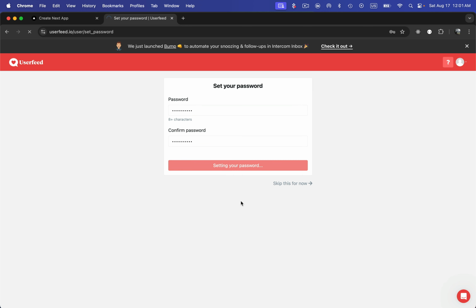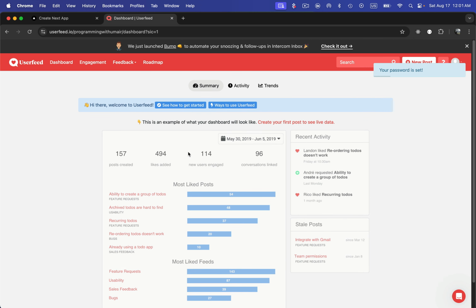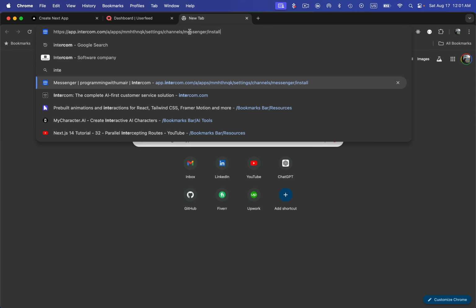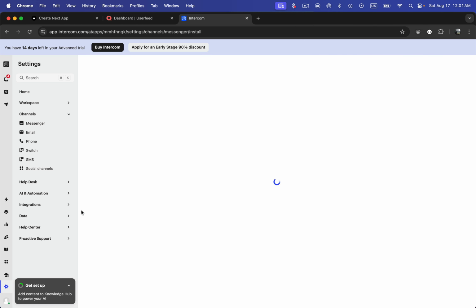So set password. All right. Currently I'm logged in, and my password is set as well. Now I can go to the Intercom back end where I need to configure it. In my Intercom, if I go to the app store, this particular application should be shown as already installed